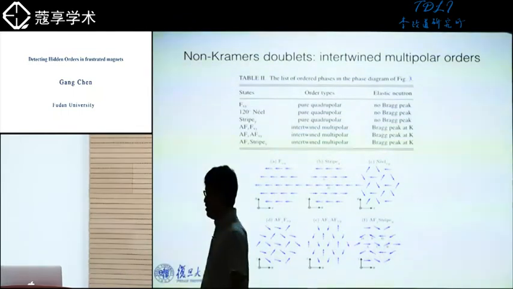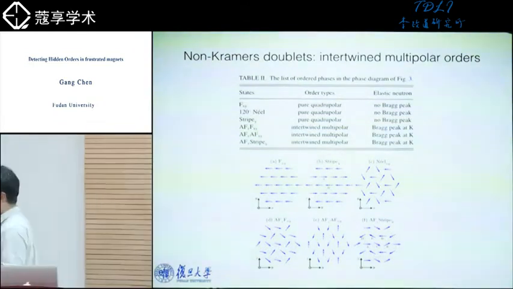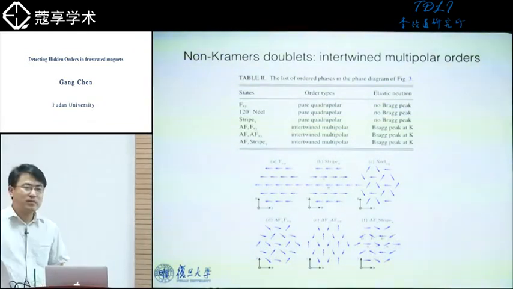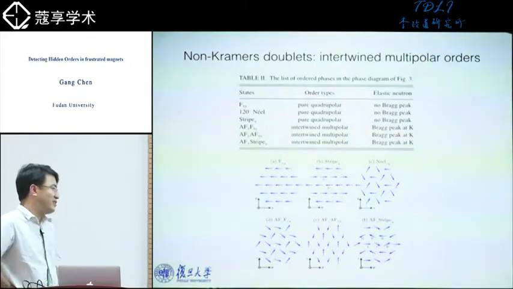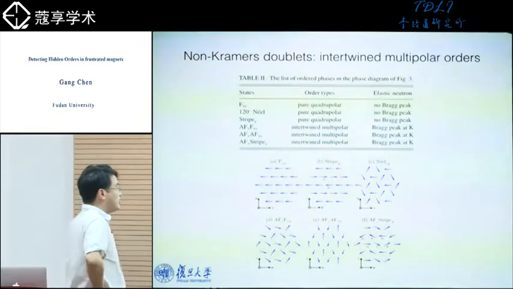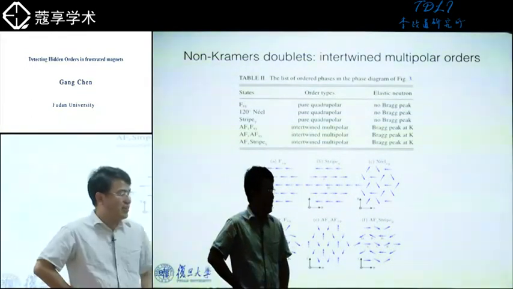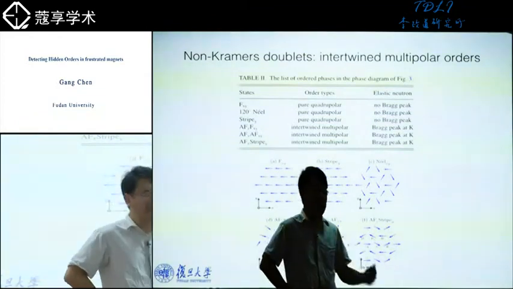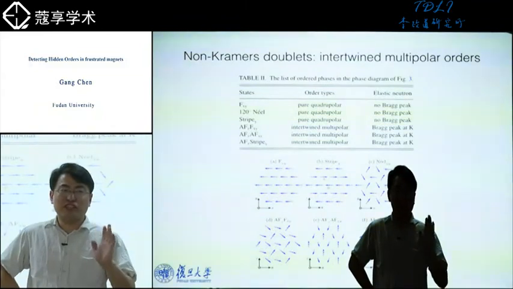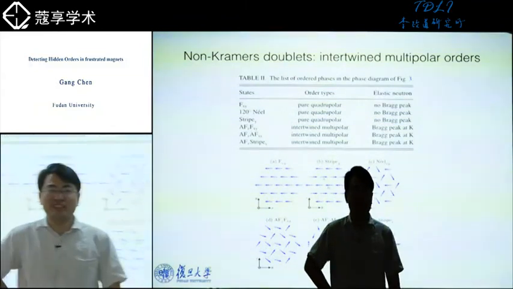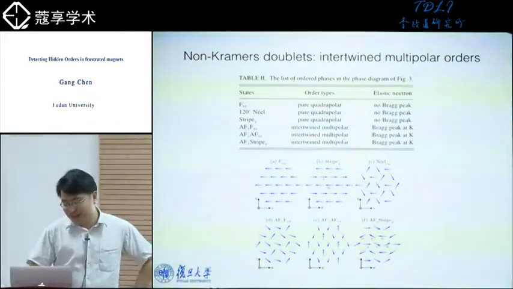No, I think for all the multipolar orders, they have some kind of internal symmetry. For this 120-degree order and the stripe order, they do not have this symmetry. They have internal reasons; these depend on where you start. How do you define internal? If I define internal in terms of J, if I write down everything in terms of J, which is